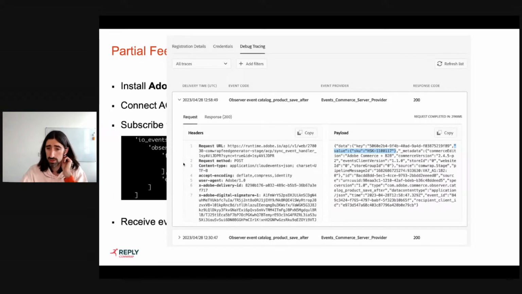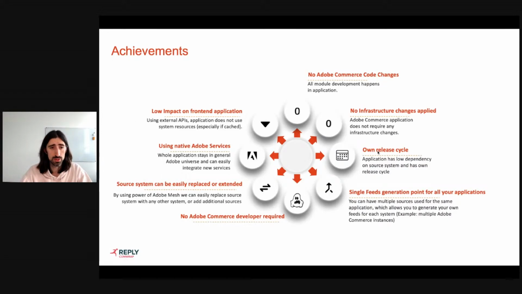That was a payload. So we have an SKU transferred there, so our system knows exactly what to use. What we ended up with is no Adobe Commerce code changes. We're using a fully clean Adobe Commerce system, only APIs are consumed, and all development happened on App Builder. We have no infrastructural changes applied, so we stay with the same resources that have been provisioned by Adobe Commerce